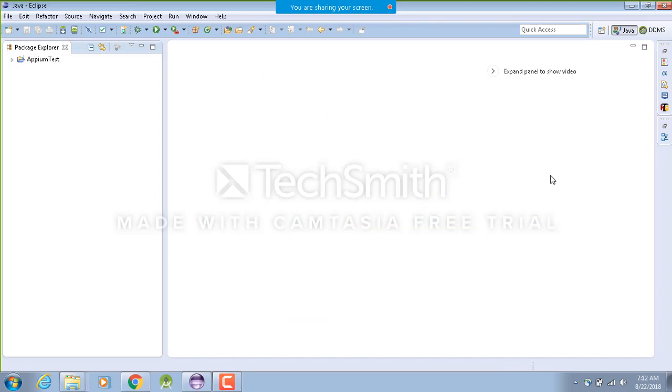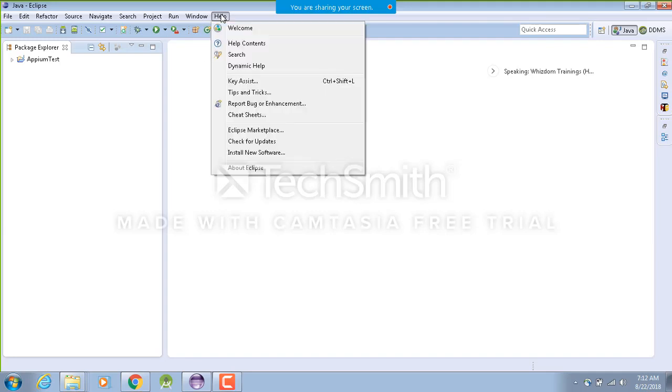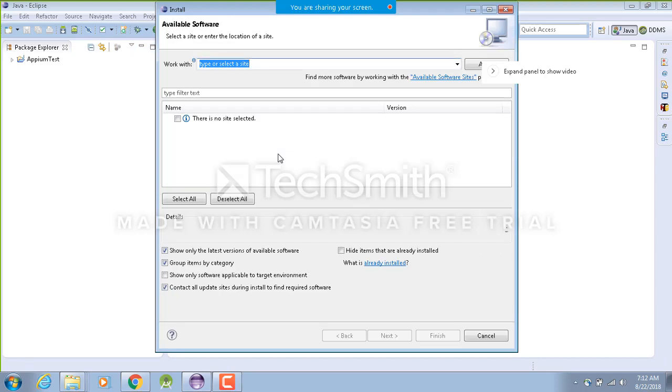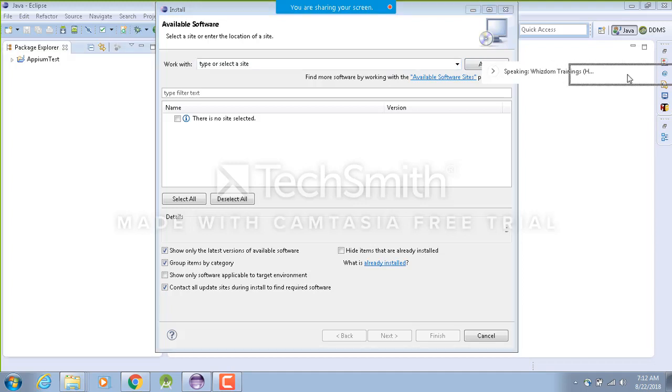Okay, so starting from scratch, when you open your Eclipse, you'll get a welcome window. Just cross it, and this would be your landing screen of Eclipse. Here you have the option of Help. Just go to Install New Software, and when you have to install some software, you need to give the command. So right here